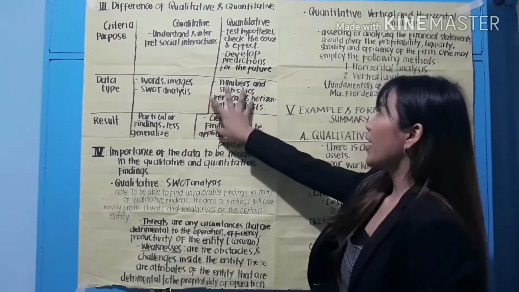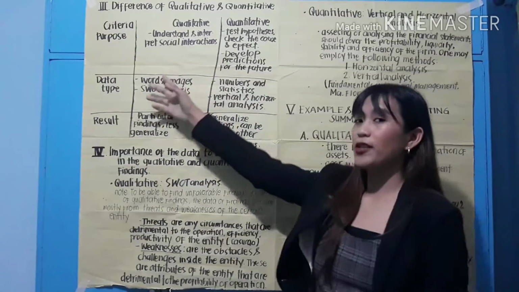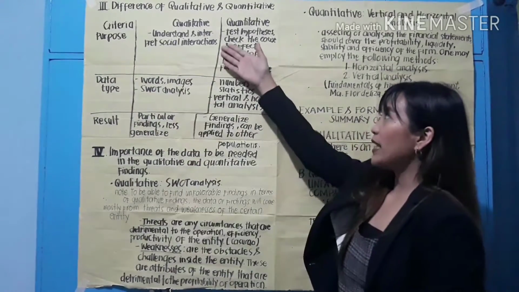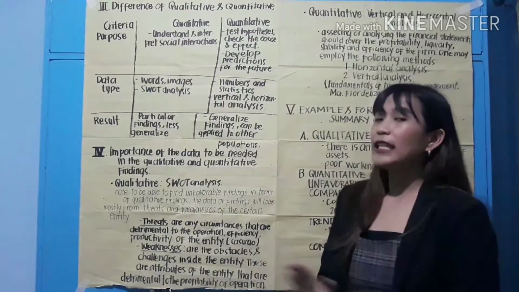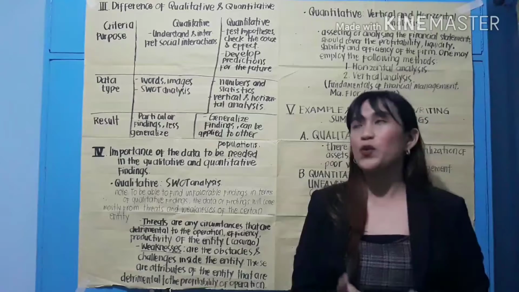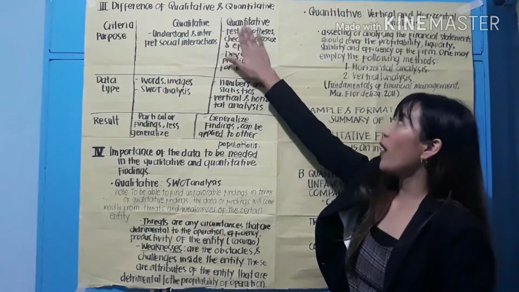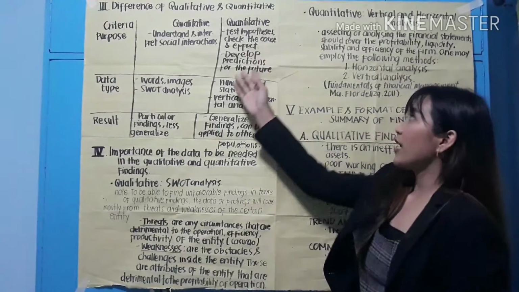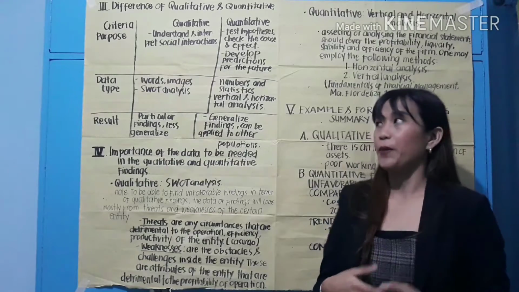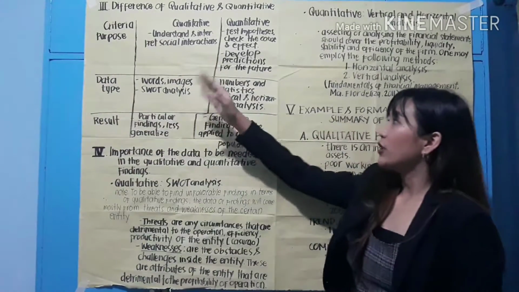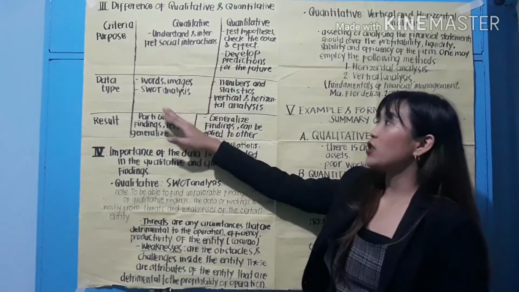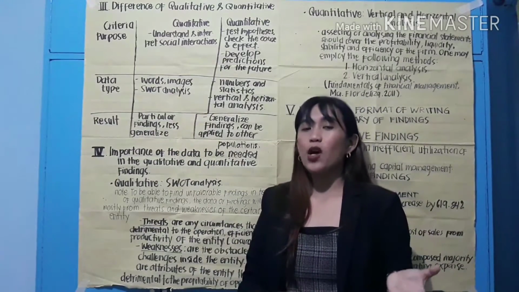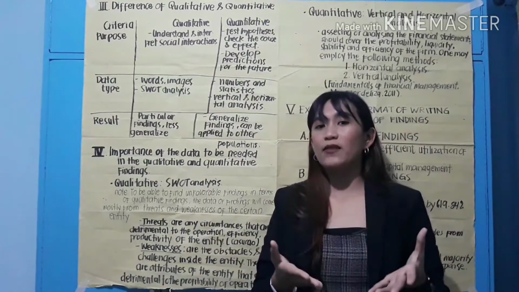I set the difference according to the criteria, which is the purpose, data type, and the result of qualitative and quantitative data. Under the qualitative data, the purpose is to understand and interpret social interactions. And in quantitative data, it is to test hypothesis, check the cause and effect, and develop prediction in the future. And the data type of qualitative is composed of words, images, and also it is composed of SWOT analysis, which will be the basis of qualitative